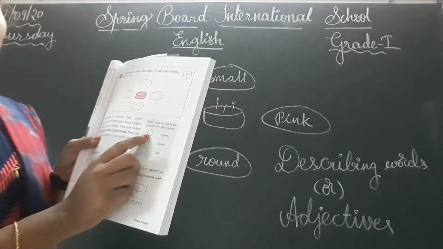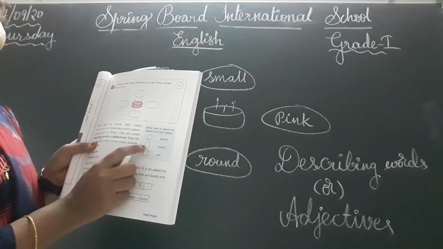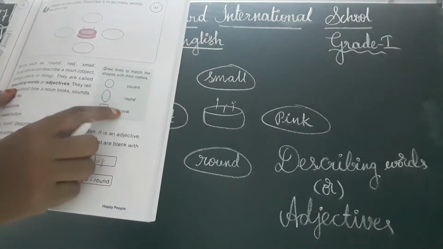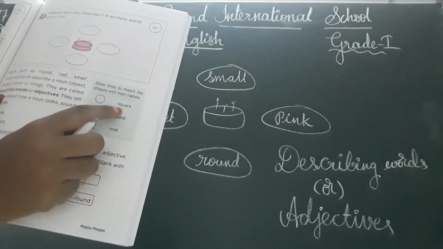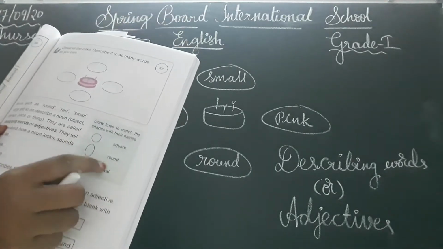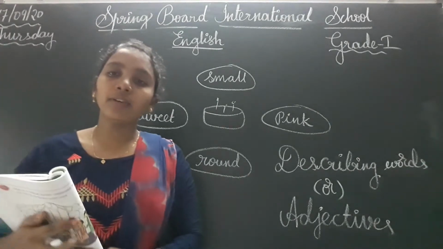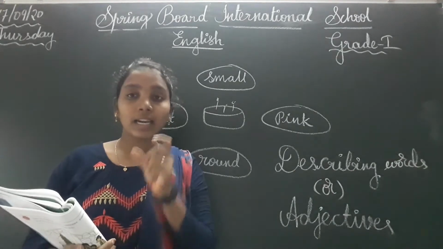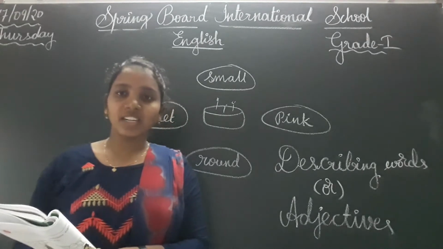See, this one is round. Here you have to draw like this, and here what is it? Oval. Okay, oval shape, children. Here is the oval spelling, and this one is square. Square means this. You need to match this one. That means you need to draw the lines in this green box. Now see, a round button. Yes or no? A round button. Button is a noun, and in which shape is the button? Round. The word round can be called a describing word. That means the word is an adjective.